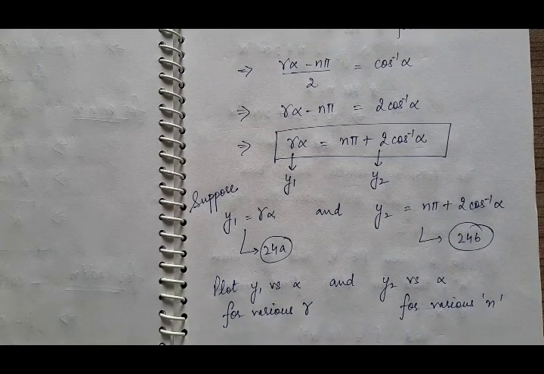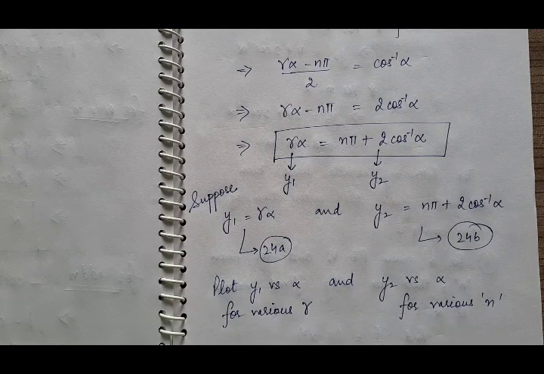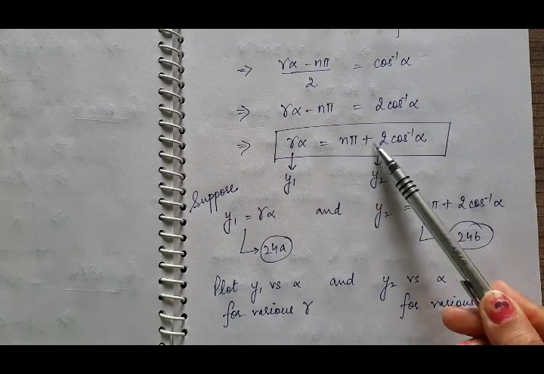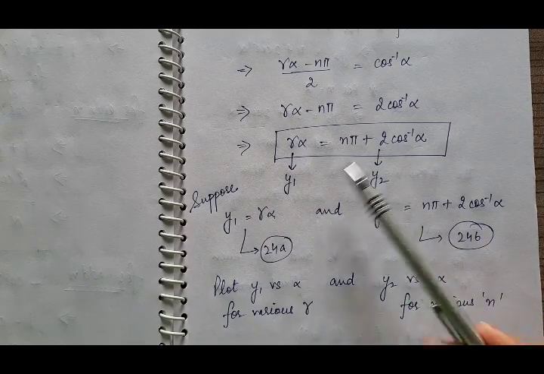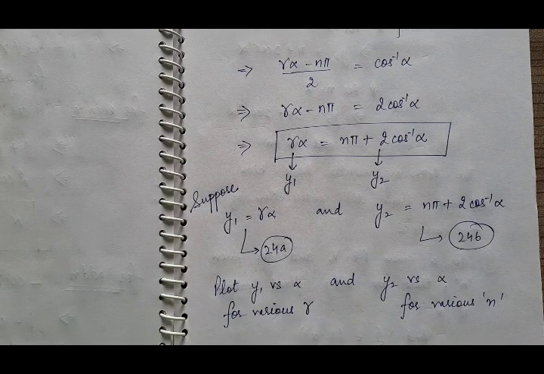Good morning students. In this lecture 32, we were already discussing the rectangular potential well, and in the previous video we have derived this equation by supposing various quantities. So now suppose this left hand side is equal to y1 and this right hand side we have supposed as equal to y2. So y1 is equal to gamma alpha. It represents the equation of a straight line, y is equal to mx, where gamma will give the slope, alpha will be along the x-axis and y1 will be along the y-axis. So we will plot y1 versus alpha graph for various values of gamma.